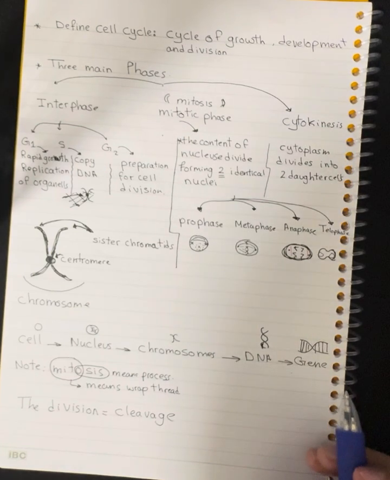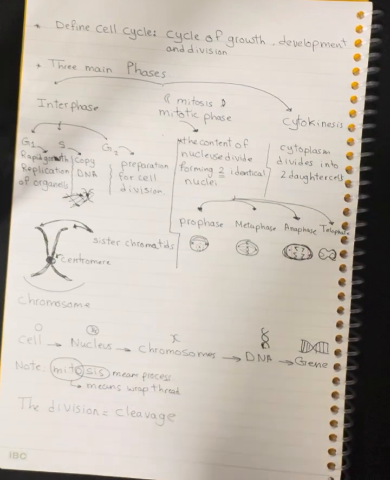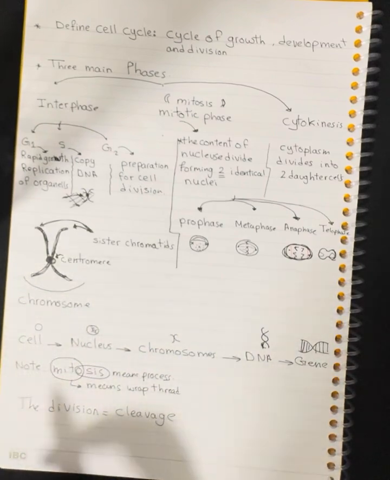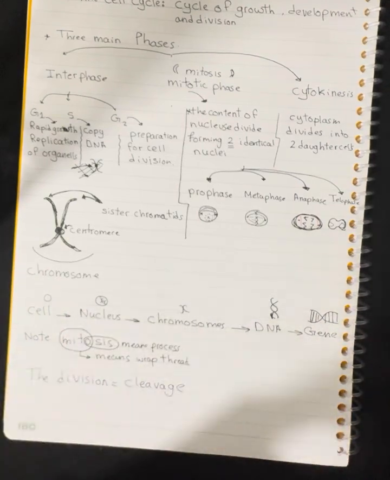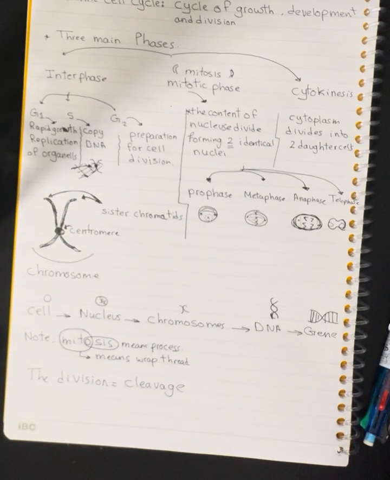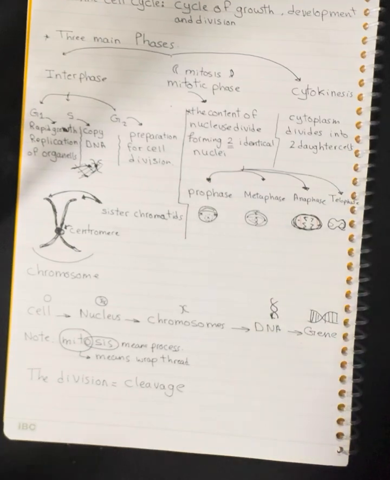For example, your mom has black hair and your dad has brown hair. You could come out with black hair or brown hair, or you could have a mixture of both, like maybe really dark brown hair, because your mom has black hair and your dad has brown hair. So you take the genetics from them. You can't have blonde hair, because your mom has black hair and your dad has brown hair. So you come out with one of them or a mixture of both. You can't have something that is completely different.